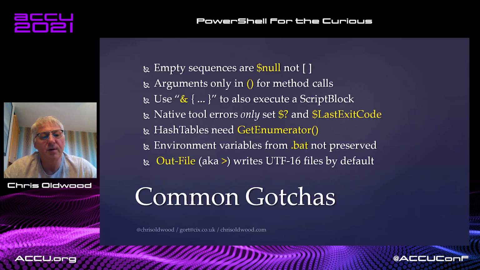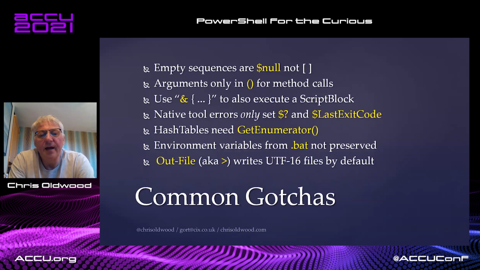When you're running build scripts, this still catches me out. I run the batch file that sets some variables, and then I wonder why on earth it hasn't happened. It's because PowerShell does not actually parse a batch file and run it. It just runs cmd.exe as if it was any other process. So just as it doesn't work for any other process, but for some reason I feel like it should work, it just doesn't. And the last one, Out-File, unfortunately writes to UTF-16 by default,